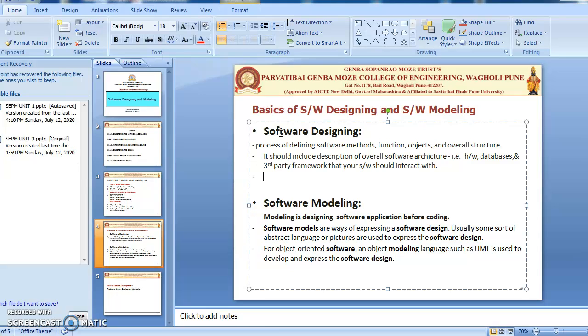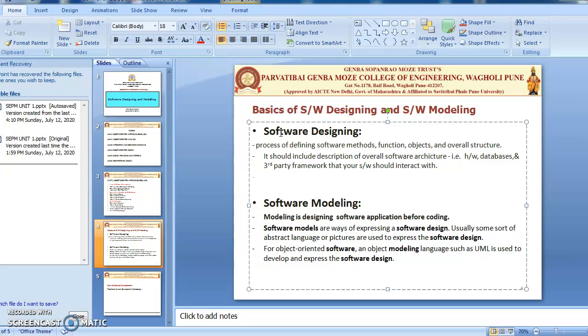Then when we come to software modeling, according to the Object Management Group, modeling is designing of a software application before coding. In modeling based software designing and development, software modeling is used as an essential part of the software development process.